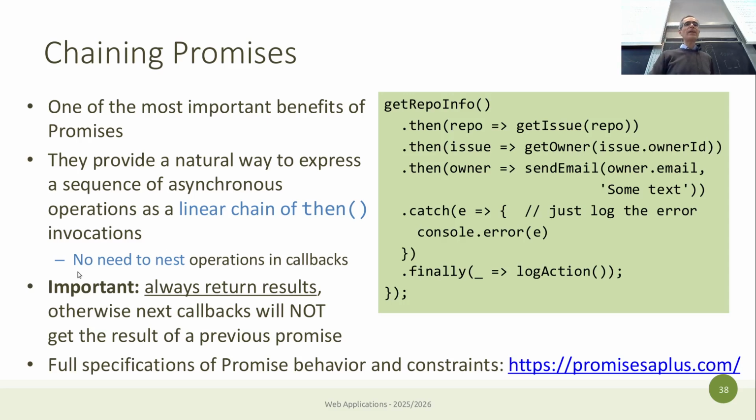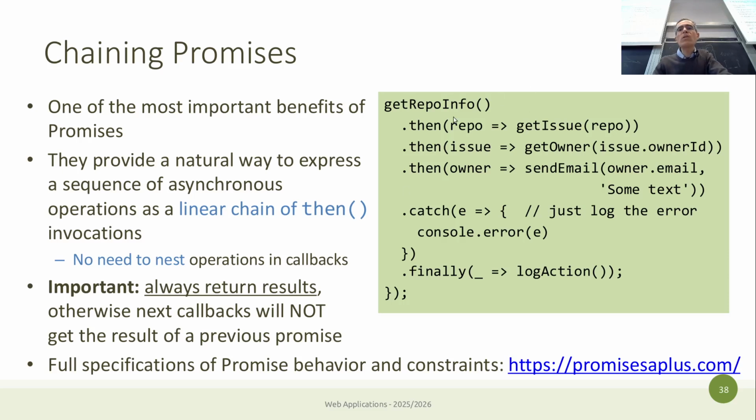So basically, here we don't need to nest operations anymore. So we solved our initial problem, which was nesting code inside other code. The only thing you need to remember, well, one of the many things, but a very important one, is that in each callback here, always return the result. Otherwise, the next callback in the chain will not get the results from a previous